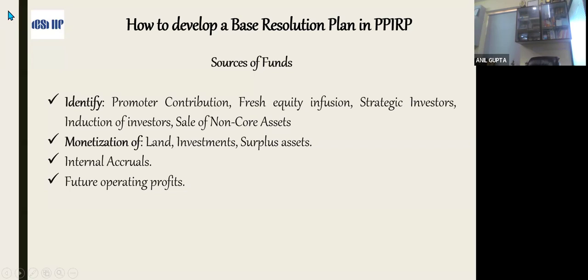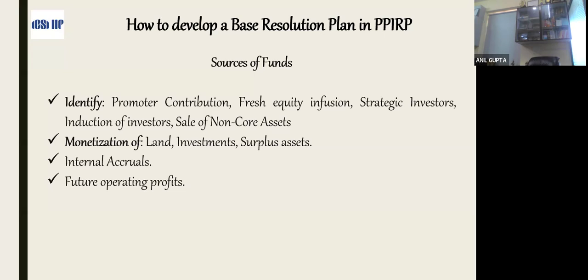What is the difference between CIRP and PPIRP? It is debtor in control in PPIRP, creditor in control in CIRP. But here also, the financial creditor has to sacrifice. There also, the financial creditor has to sacrifice, like interest concession or waiver of interest, all these things. And here also, the operational creditor has to sacrifice. There also, the operational creditor has to sacrifice something. But here,